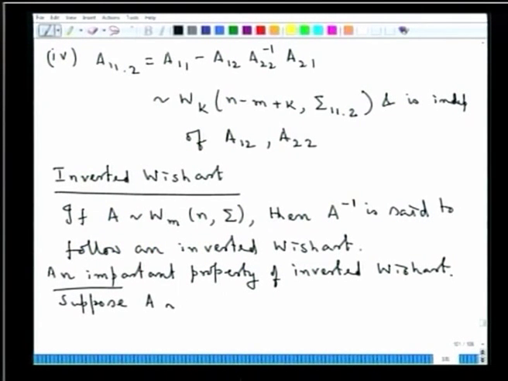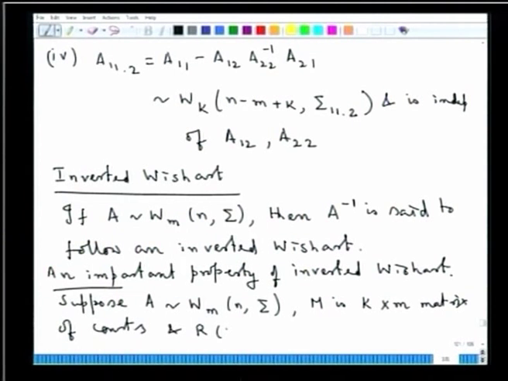Suppose A follows a Wishart m n sigma, sigma is positive definite, and M is a k by m matrix of constants, and the rank of M is full. So suppose we have this particular setup, then for, of course, n greater than m minus k,